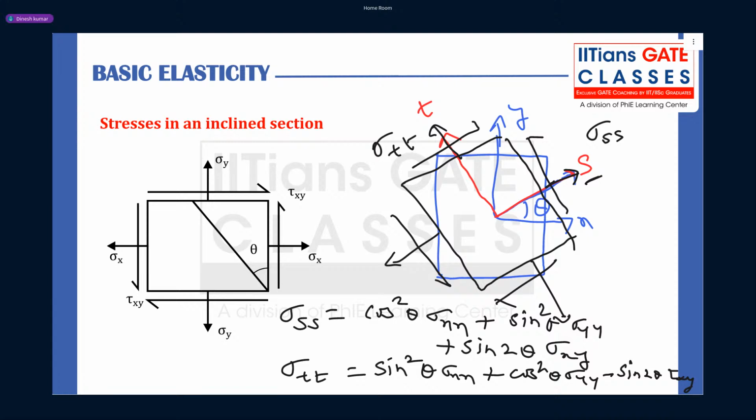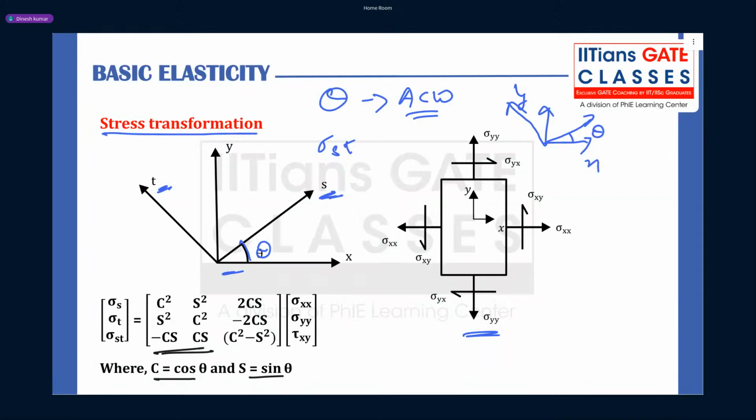That is what we need to derive. We need to do the transformation using a force polygon. I will tell you a simpler form, which you learned in your strength of materials, using the triangular element. You know, right? Have you learned this subject, strength of materials, in your third or fourth semester?